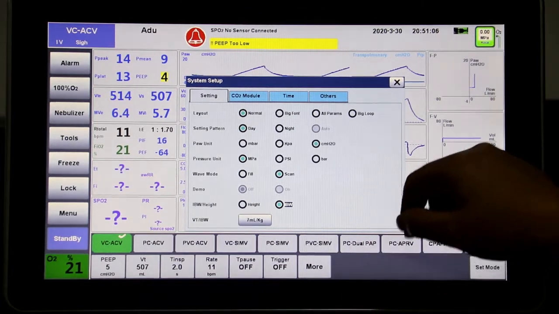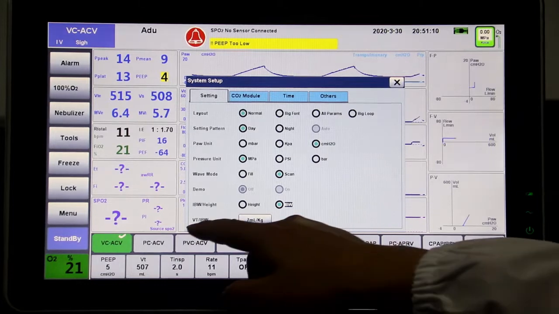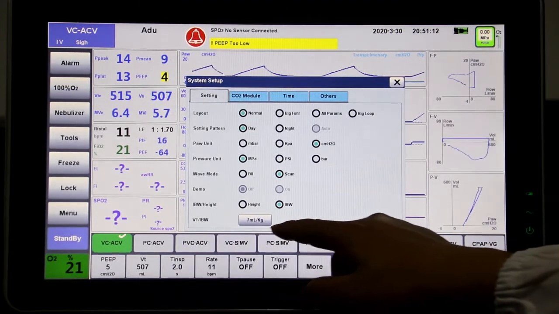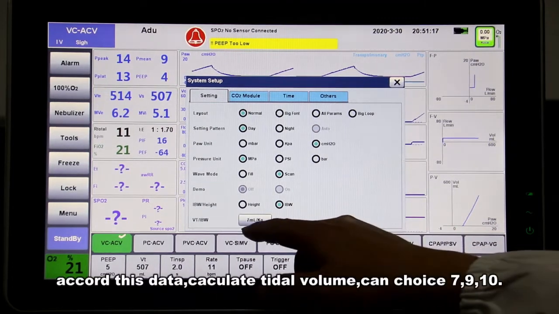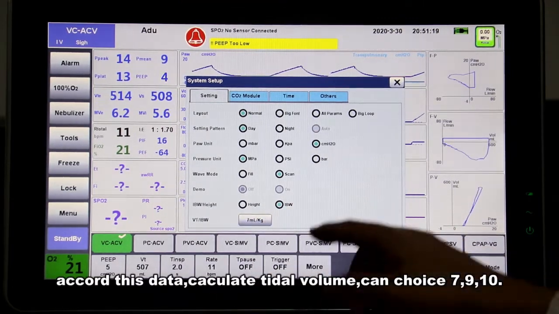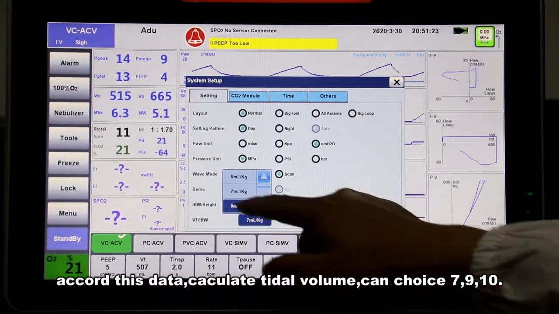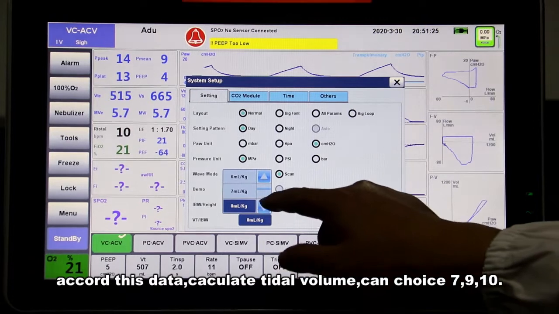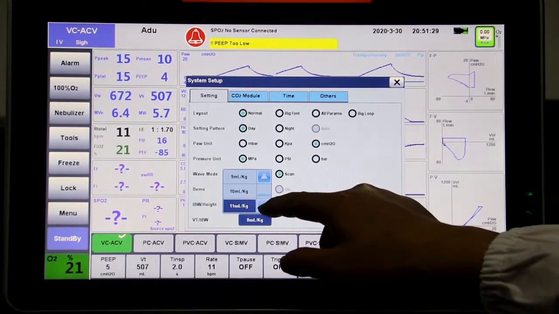In the standby interface, we can see the function. According to this data, calculate the tidal volume. We can choose 8 or other, different states.